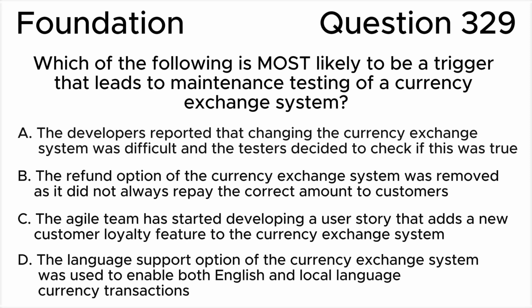ISTQB Foundation Level question 329. Which of the following is most likely to be a trigger that leads to maintenance testing of a currency exchange system? A. The developers reported that changing the currency exchange system was difficult, and the testers decided to check if this was true. B. The refund option of the currency exchange system was removed, as it did not always repay the correct amount to